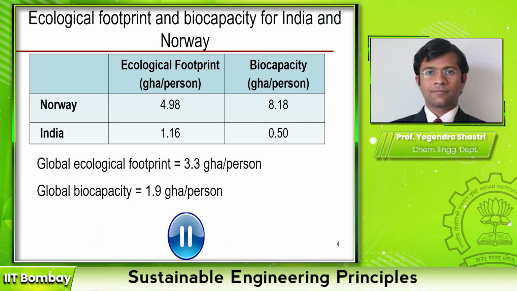So can we actually blame citizens in Norway for consuming more resources, or can we take credit in India for being ecologically sustainable? Because strictly considering national boundaries, we are consuming more resources than we can sustainably provide. So these kinds of questions come up when we look at ecological footprint and compare it with biocapacity, and the answer about what is sustainable and what is not may not be so straightforward.